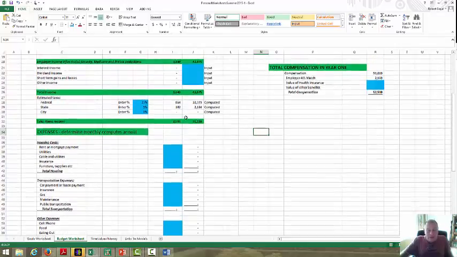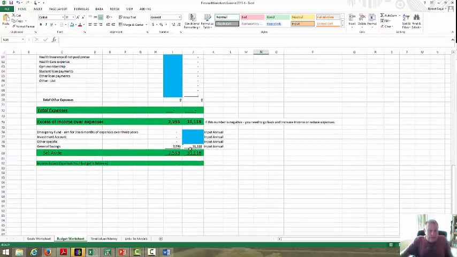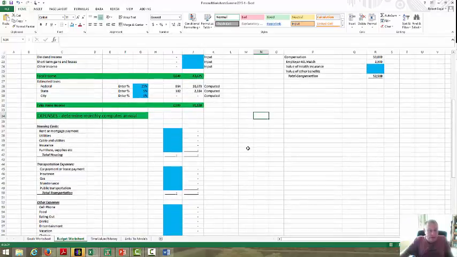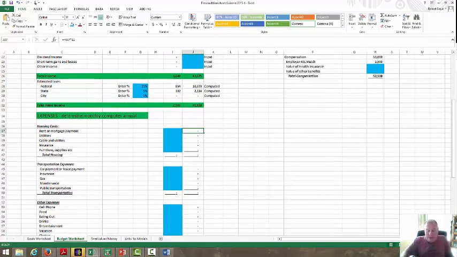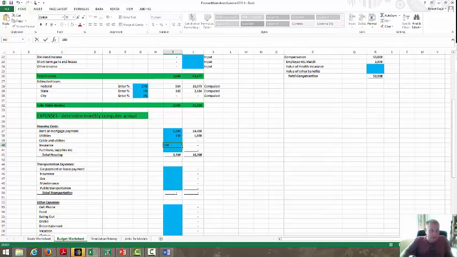Now, if I have no expenses, I'd be able to save $31,000. I may want to allocate that. But obviously, we're going to have expenses. So let's just assume that from a rent perspective, I'm going to pay $1,200 a month, and it includes, let's put in utilities, $150, $100 insurance. Let's assume I'm renting, and that you'll find we're about 15.